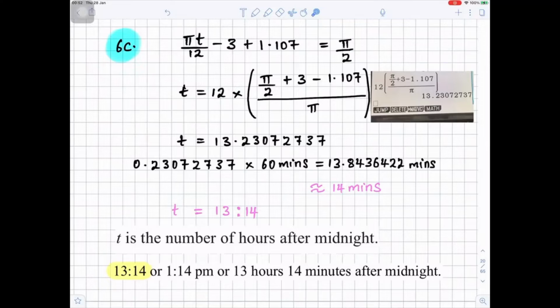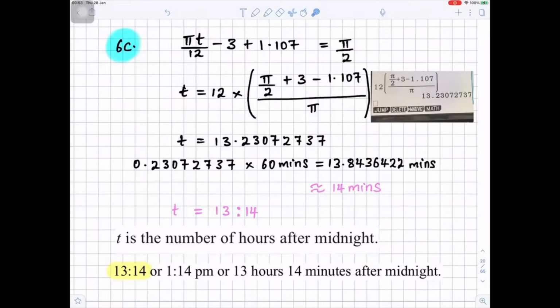So you want to solve this to find what t is. You want to make t the subject. So t would be pi over 2. Minus 3 goes to the right, it becomes plus 3. Plus 1.107 goes to the right, it becomes minus 1.107. Divide by 12 goes to the right, it becomes times 12. And times pi goes to the right, it becomes divide by pi. And when you put all of that in your calculator, you can see I've done it on the right hand side there. You will get